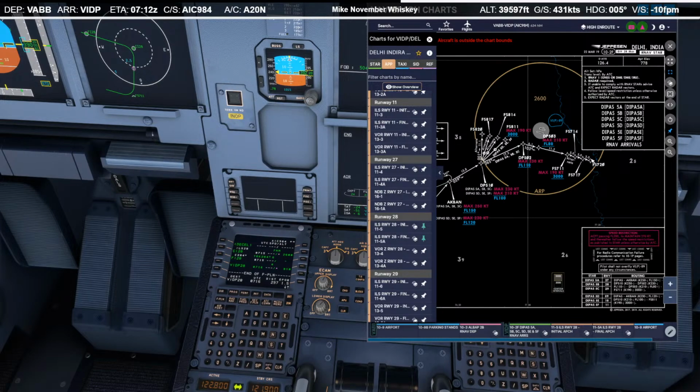Yeah, we can fly in that heading for a little bit and then come around. Alright, so that's what we'll do. We'll pass FS711 until we're about 14 miles out, and we'll just circle to land from there. Cool.